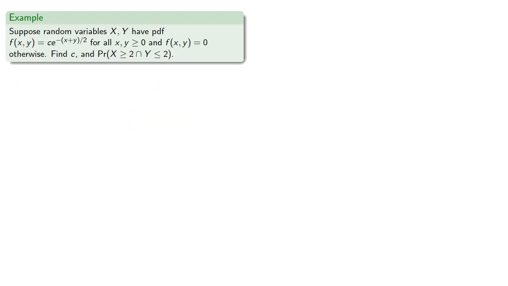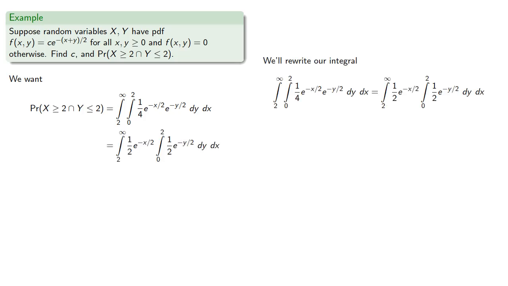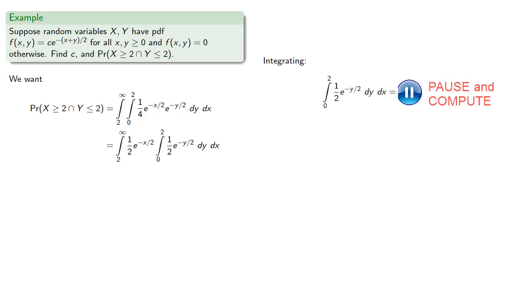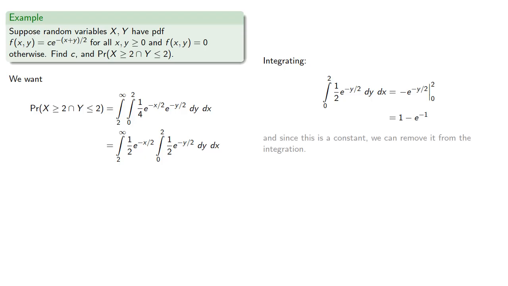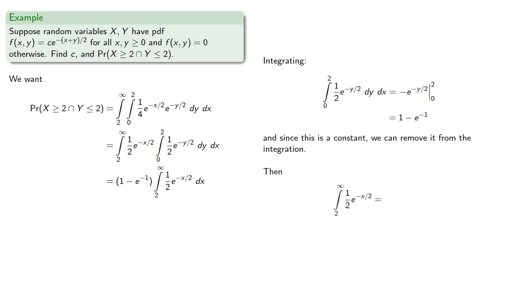We want to find the probability that x is greater than or equal to 2 and y is less than or equal to 2. So we can express that as the integral over the region. And we can rewrite this. And evaluating our first integral. And since this is a constant, we can remove it from the integration. Evaluating our second integral gives us